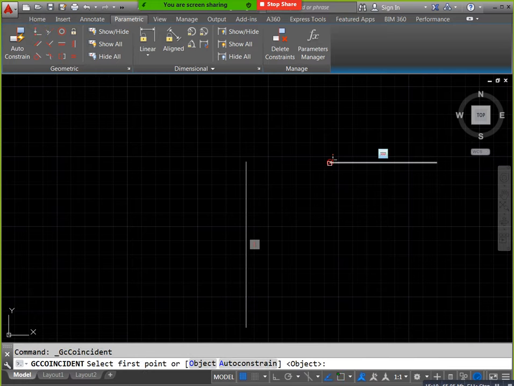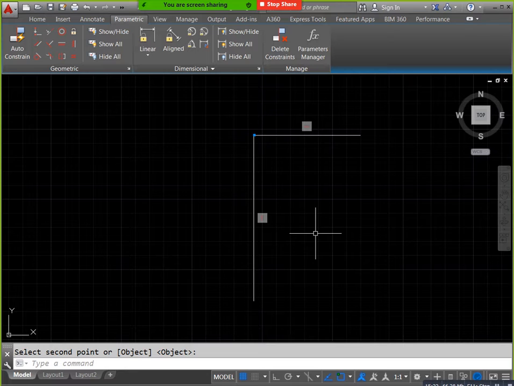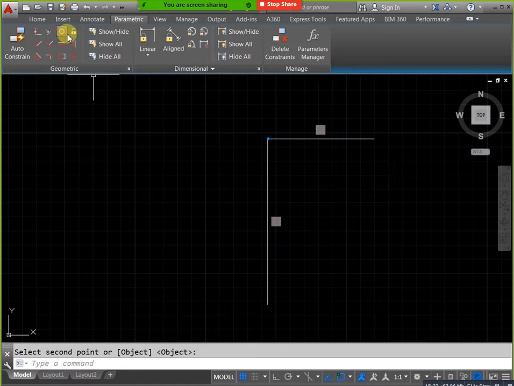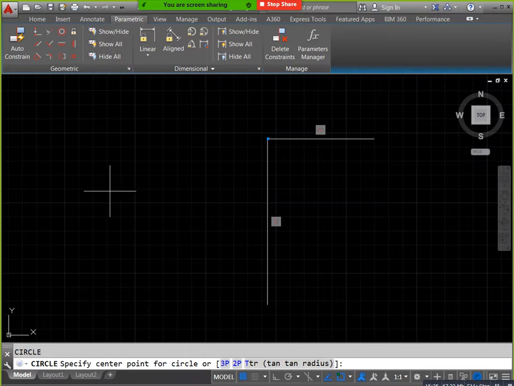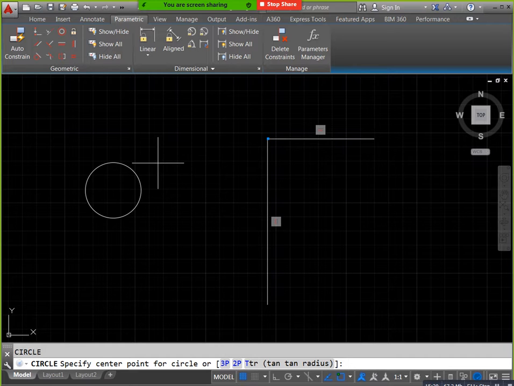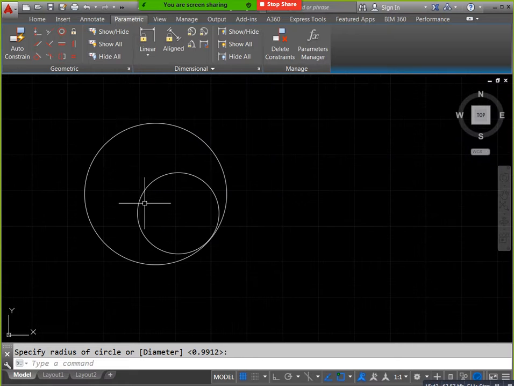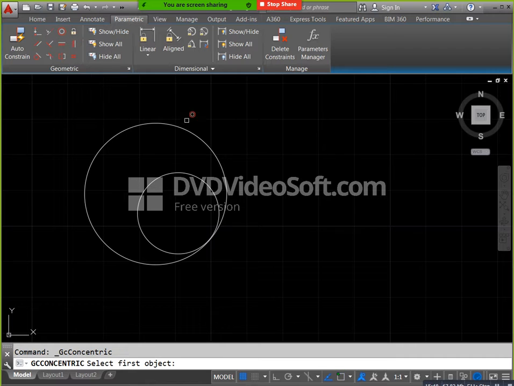Next this is concentric. Concentric means, for example, you take a circle, this is one circle and I have one more circle here. Both are non-concentric, meaning this center is different and this center is different. In that condition, you select this one and you will get the same center. This type of situation is where this one is applicable. And you know perpendicular, parallel, tangency, you know this already. Collinear means you will get the same line, inline options.